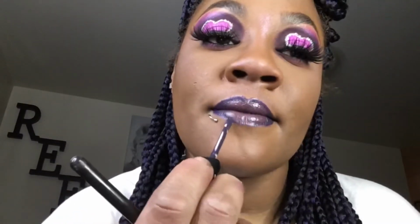I was using the brush, and y'all know I don't like lip liner. I don't know why. Because I have it, I just don't use it. I'd rather just use lipsticks. And that lipstick is a matte once it dries. However, the Smashbox was like a gloss. So them together just...